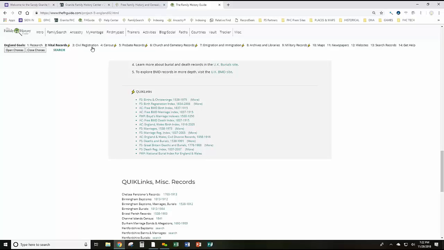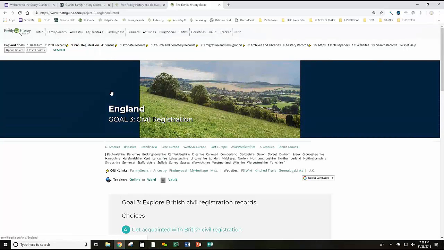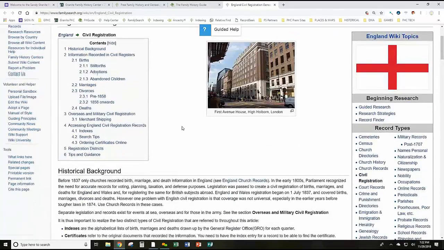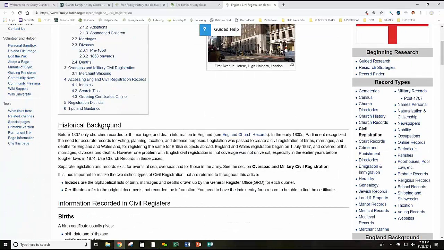And as we go, if you have any questions, feel free to ask. We're going to skip over to civil registration. This is goal number 3 at the top in the header area. Here's an article in step 1, Family Search English Civil Registration. So I click, and